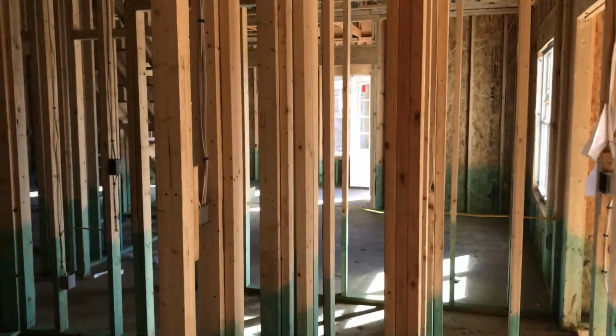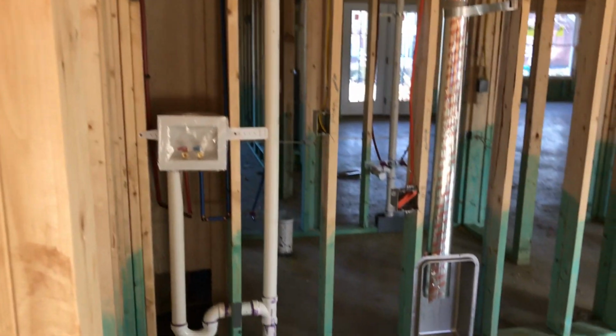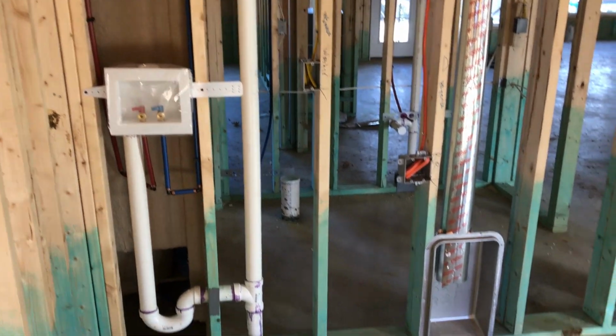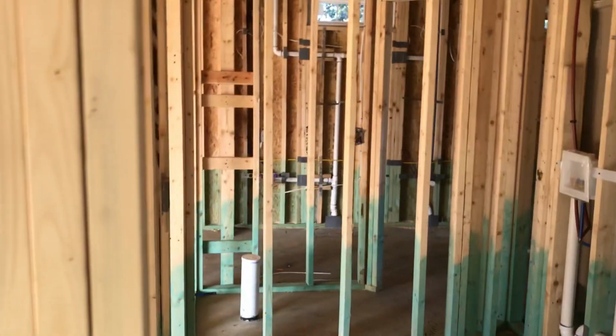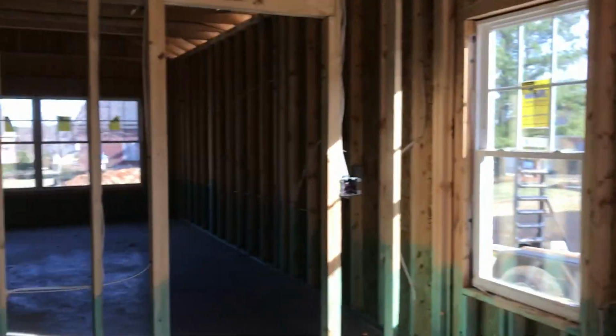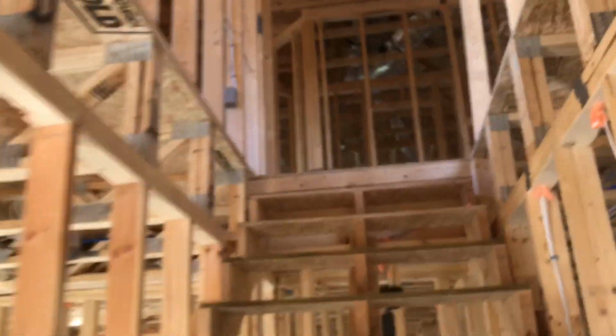And then one thing I love about this house, and that everybody is talking about in some of our home plans, is right from the master bedroom, you have a lockable door into your laundry room. And so you can walk out of your laundry room right back into your hallway. So you have access to it on both levels. It's just a really good feature. So anyway, as we walk back through, I'll show you the upstairs really quickly. We can go right up the stairs here,